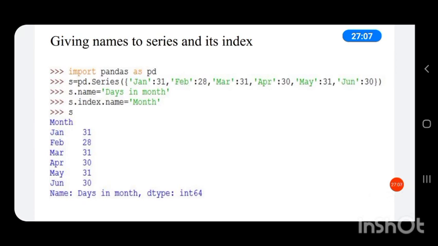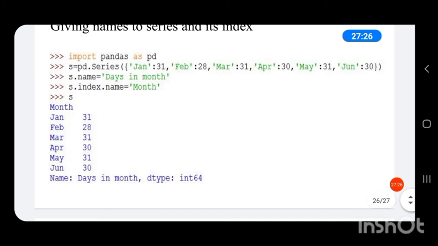So we can give names to series, and we can give names to index also. By using series dot name, we can give a name to the series, and by using series dot index dot name, we can give names to the index also.